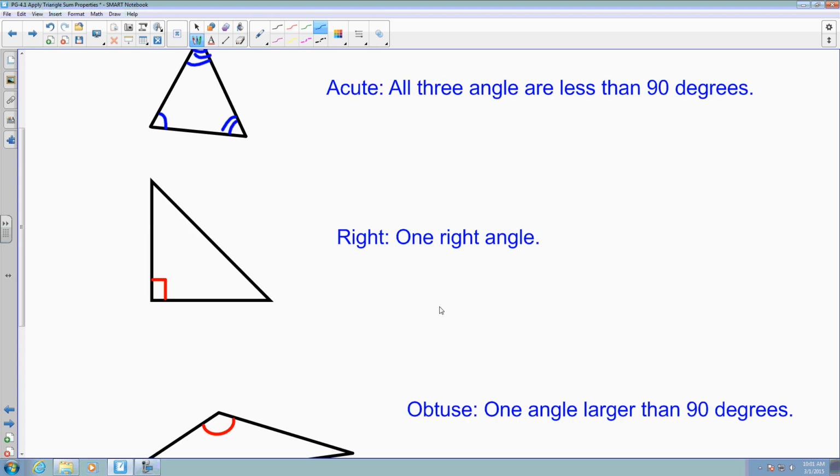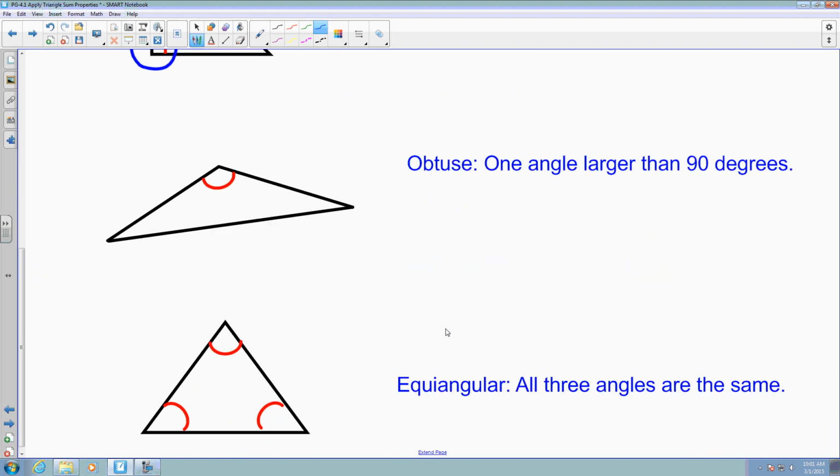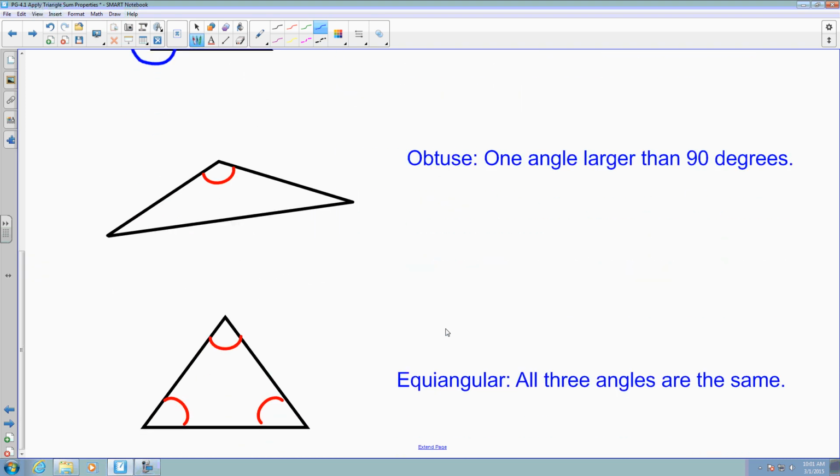The next one would be a right triangle. A right triangle is a triangle that has one right angle, and it is displayed by this little square mark on the corner. And then we have what is called an obtuse triangle,